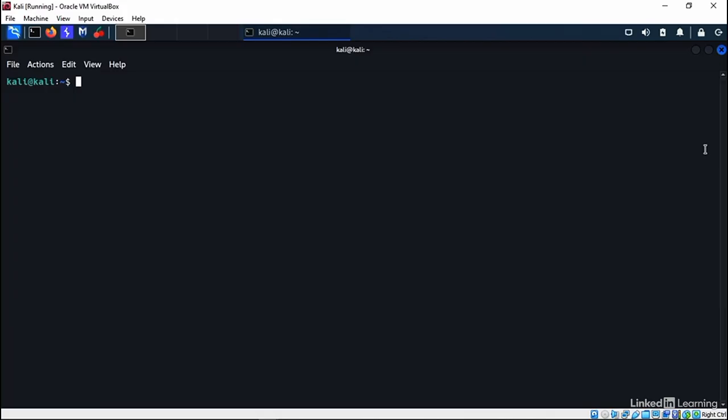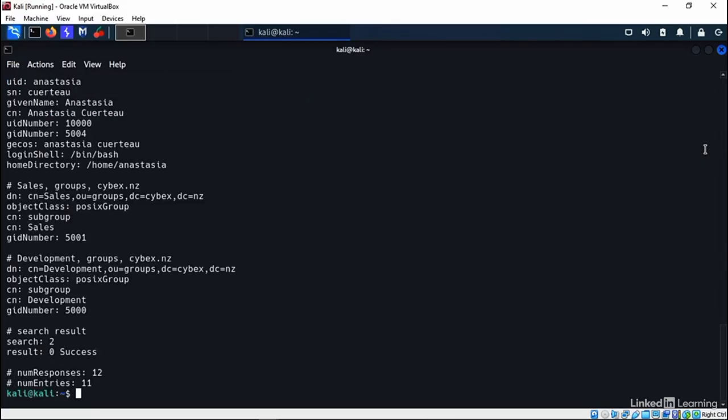This works in a similar way to Nmap, but we need to specify the X500 domain using its representation in the standard DC string form, and we do that with ldapsearch -x -b dc=cybex,dc=nz -H ldap://10.0.2.23. ldapsearch lists the directory objects for cybex.nz, and in this case it's the complete directory as it holds